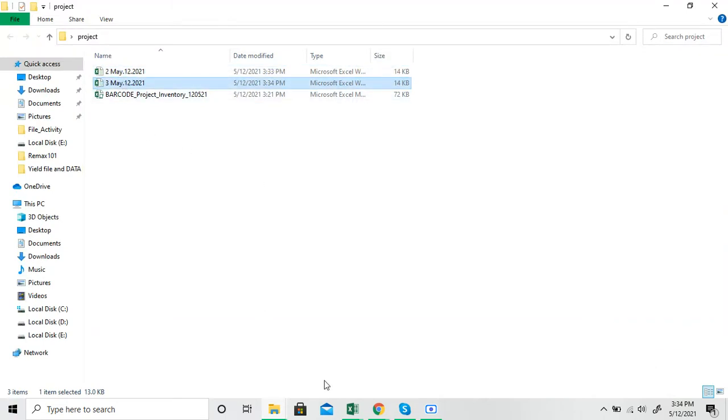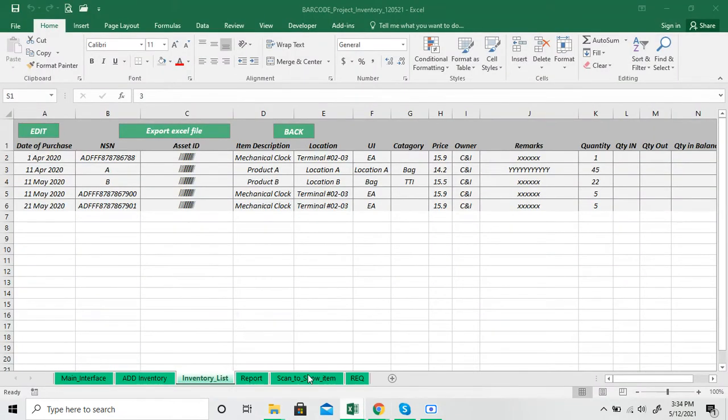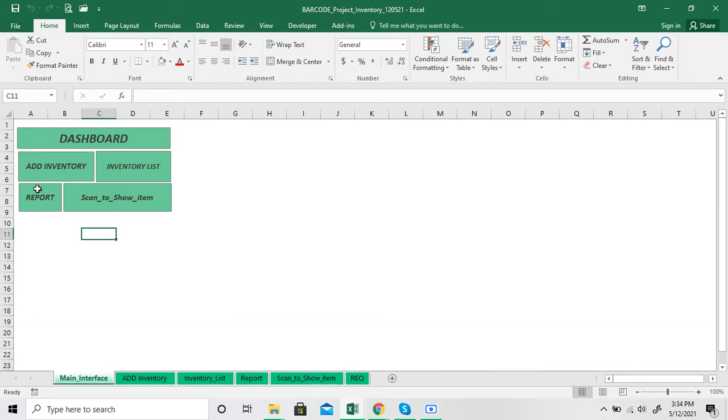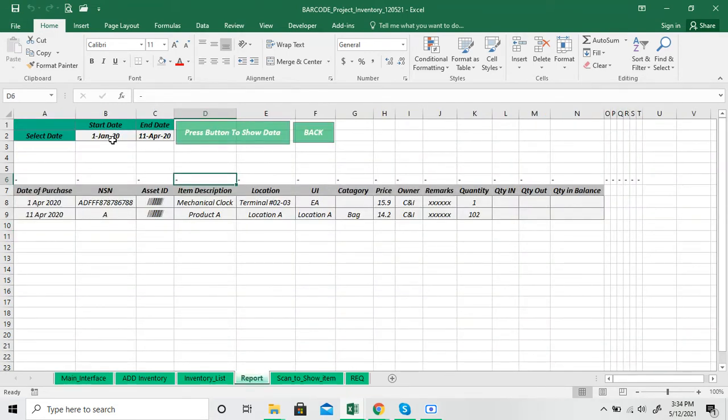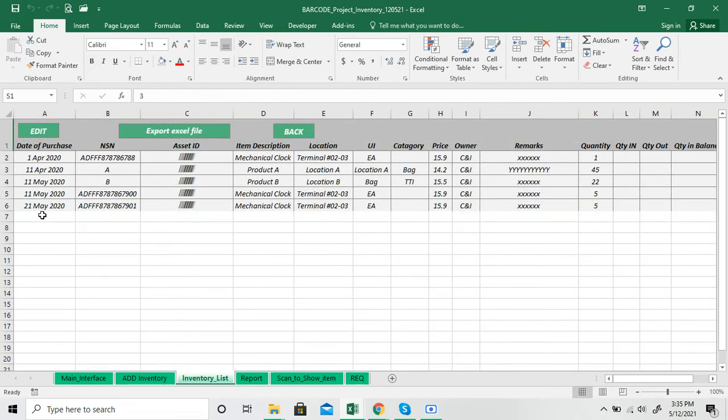So this is what the export sheet and the edit button will do for you. And now you can go back and go to the report. Here you can extract the monthly, quarterly, yearly, half yearly, three quarterly data by selecting the date, entering the date into these. For example, I'm going to extract the inventory list, sorry, from the